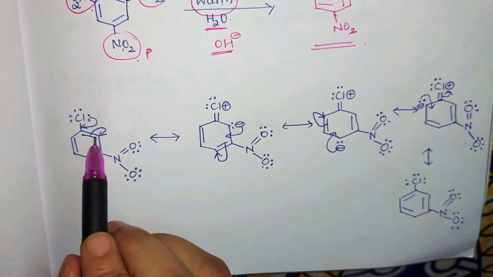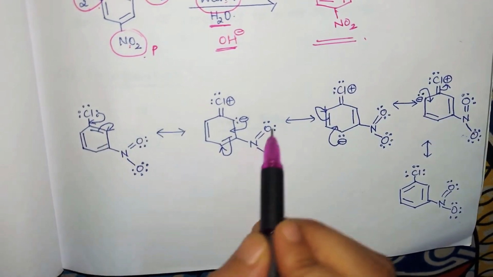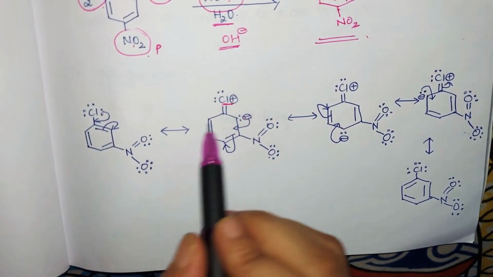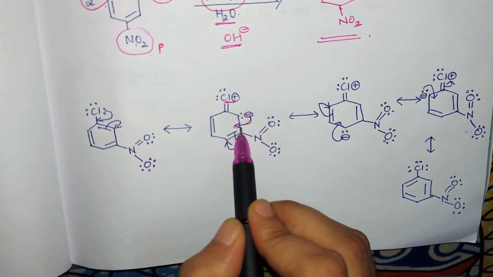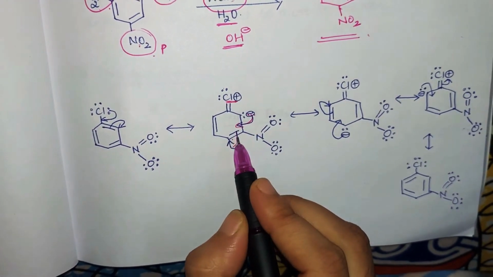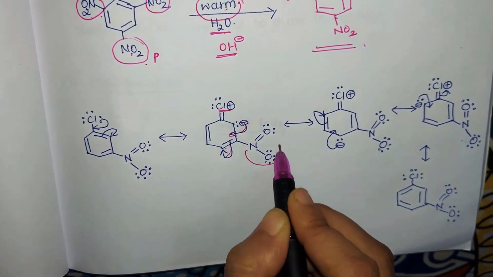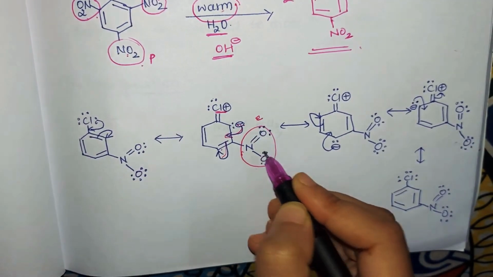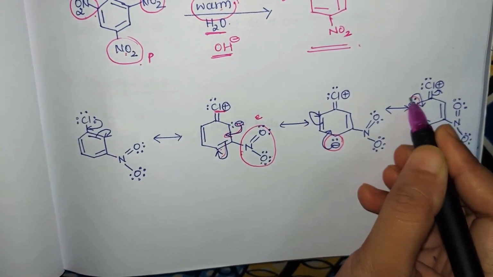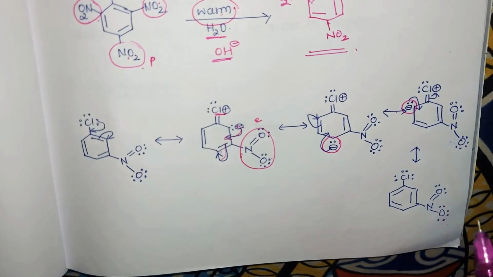We'll show the resonating structures, that is the transfer of electrons, the delocalization of the electrons. We get positively charged chlorine, the electron pair shifts within, and then the bond is formed, which we have shown in the next structure. Now, in the structure you can observe the electron pair goes to the next carbon atom. The electron pair does not occupy the meta position of the benzene ring. If at all it were present, the nitro group would extract it. But we observe here that the electron does not come to the meta position, it goes only to the ortho and para positions.